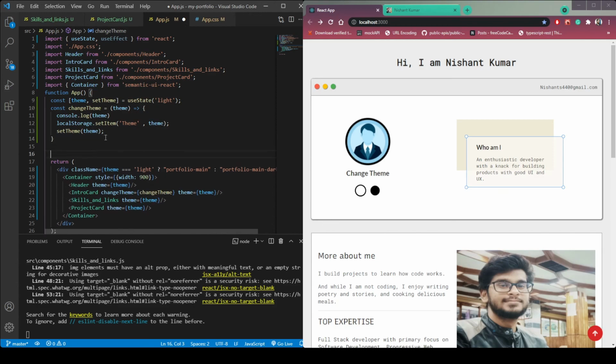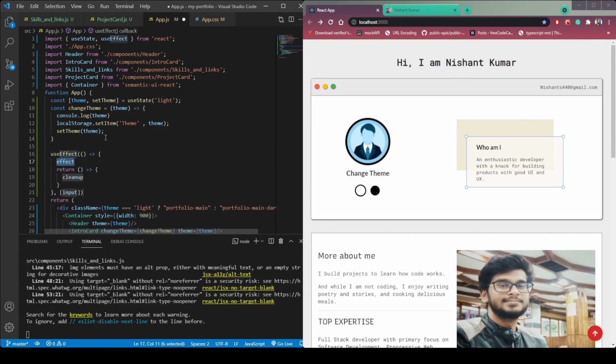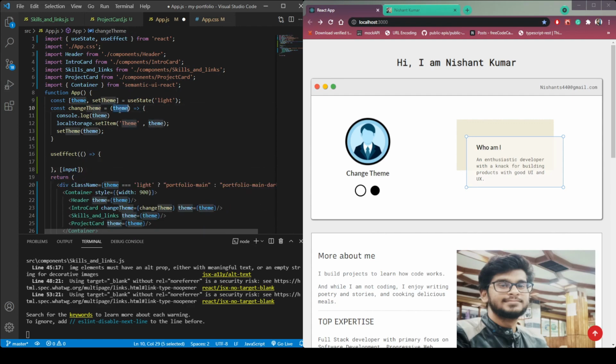So here useEffect, clean it, and then place the theme inside this. So whenever our theme changes, local storage will get called. So setTheme, then localStorage.getItem theme.